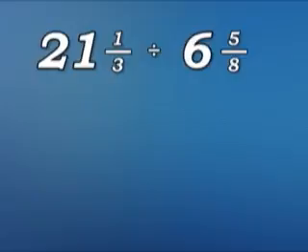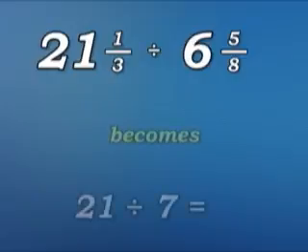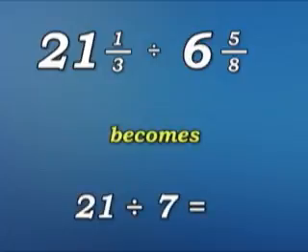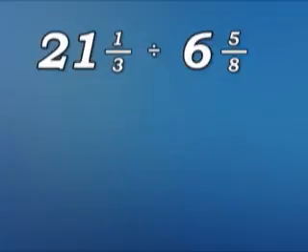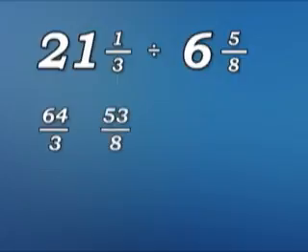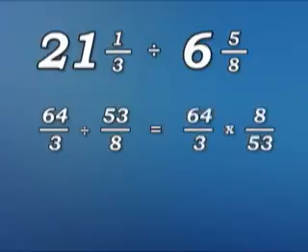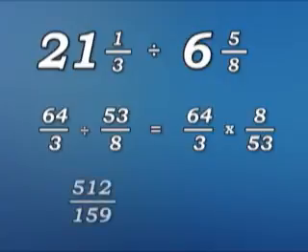21 and 1/3 divided by 6 and 5/8 becomes 21 divided by 7, which is 3. Let's check it out. 21 and 1/3 becomes 64 over 3. 6 and 5/8 becomes 53 over 8. Using the rule we learnt last time, when we're dividing, we multiply by the reciprocal, so that 64 over 3 divided by 53 over 8 becomes 64 over 3 multiplied by 8 over 53, which is the same as 512